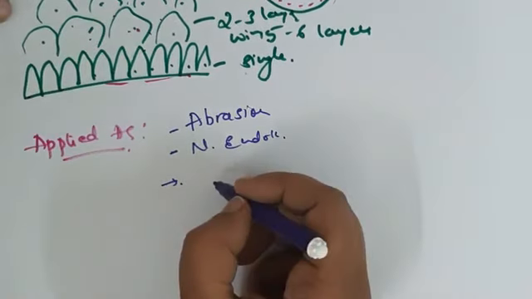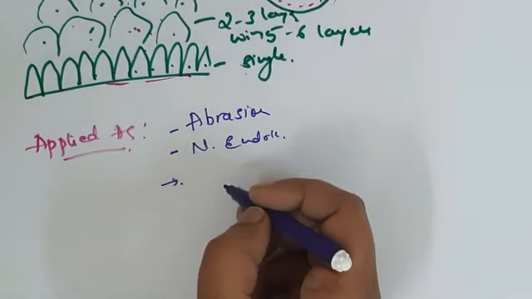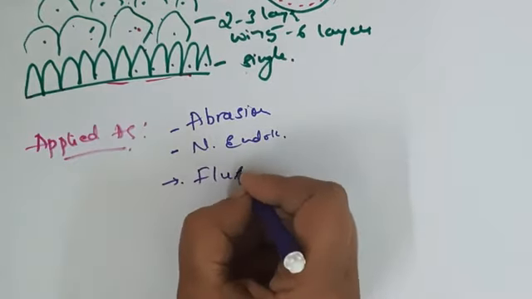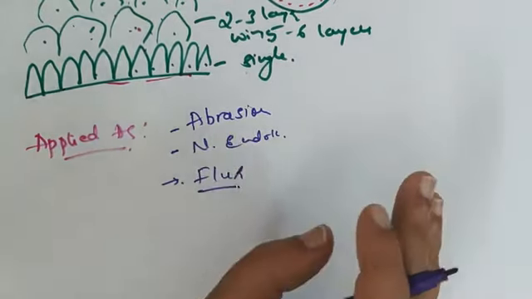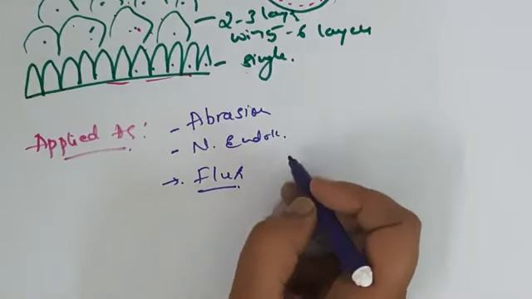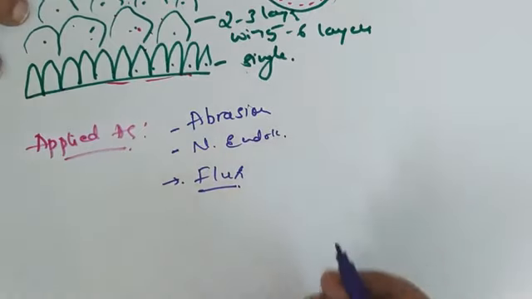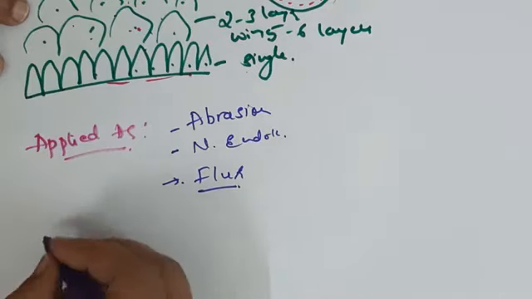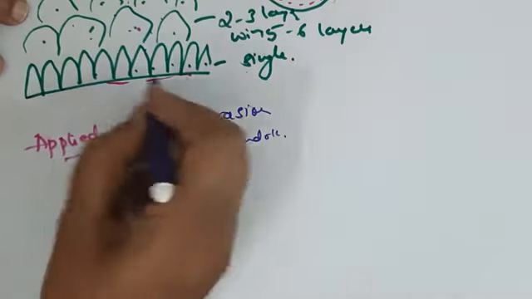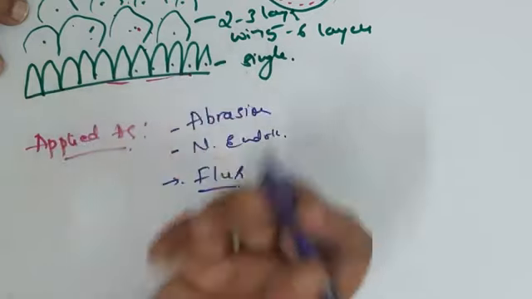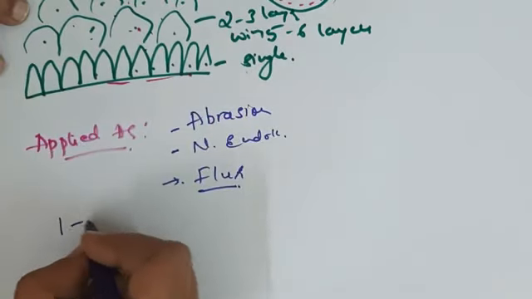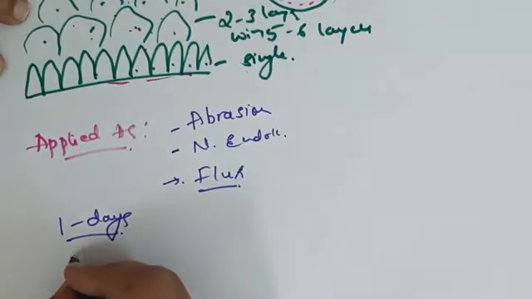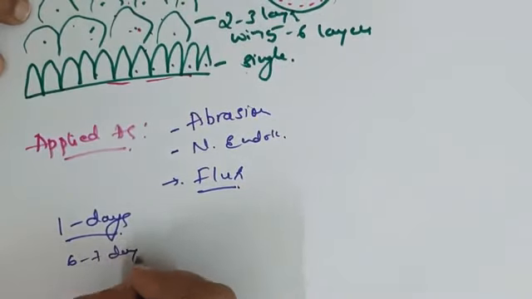So how do you detect that? With a careful slit lamp examination, you can detect the epithelial defect or the epithelial abrasion. If you are in doubt, you can use the fluorescent dye to stain the anterior surface. That will pick up the abrasion or the epithelial defect. So how much time does the epithelium take to heal? This is a common question which is asked. For the basal cells to replenish, it takes 1 day, that is 24 hours. But for the complete epithelial cells to come, it will take around 6 to 7 days or 1 week.